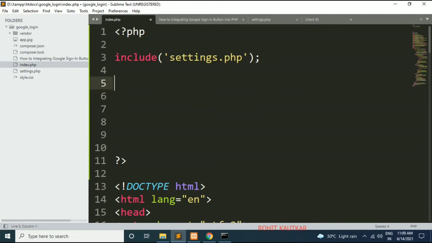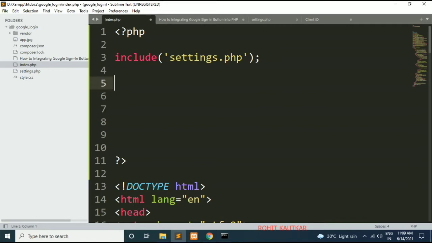Friends, whenever a user tries to sign in with their Google credentials, and if they sign in successfully, then Google's authentication server returns a response. So we need to check whether we have received that response or not. If we have received that response, we have to process further. Google returns the response in the form of $_GET['code'].